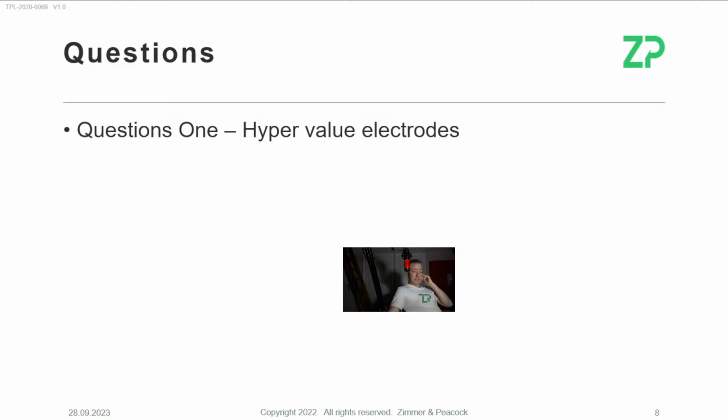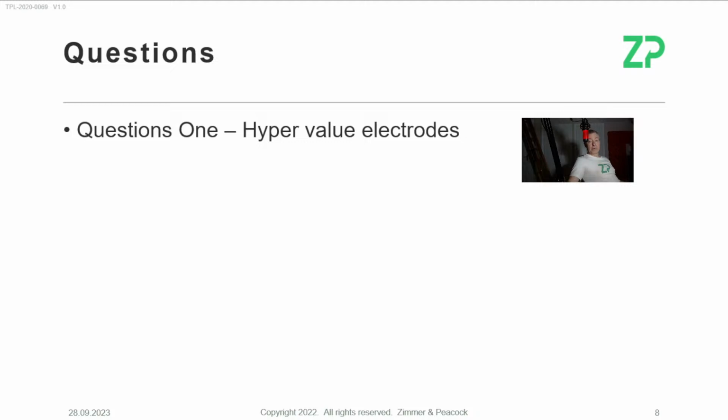Question number 1 is about hypervalue electrodes. So ZP, we have a really repeatable hypervalue series of electrodes. They're really repeatable because I'll talk about repeatability a lot today, but they're repeatable because we are the biggest users of these electrodes. I was saying to a client yesterday, the first people to know that these electrodes are not going to be brilliant is us, because we've actually done so much testing, and that will be one of the